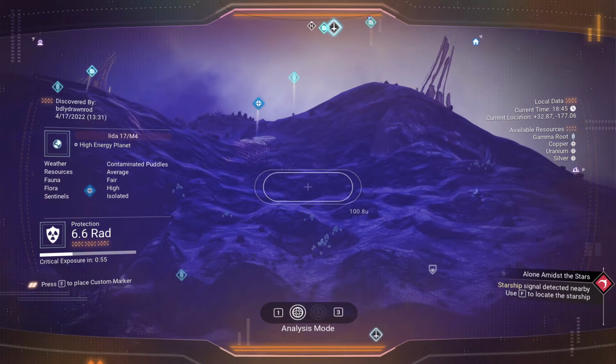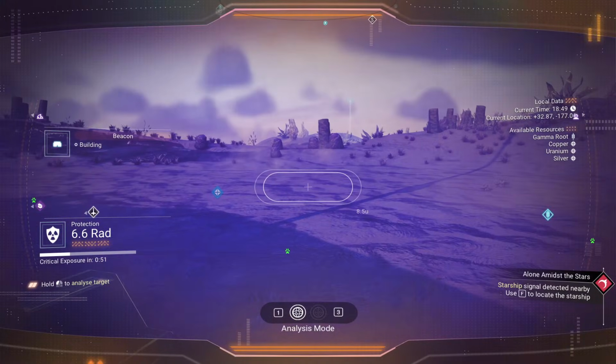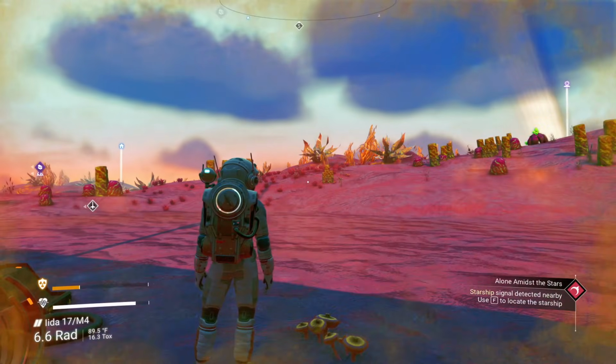So there's literally nothing else to check here. We are done. We've gone to all 4 of the buildings that suddenly popped up, and this is where we've ended up. So we'll be heading more south at this point, and we'll see you guys in the next